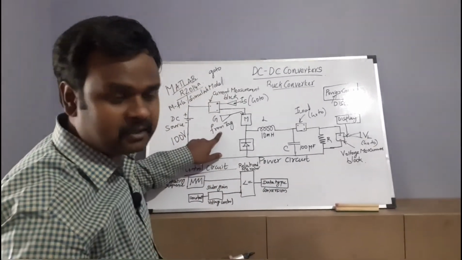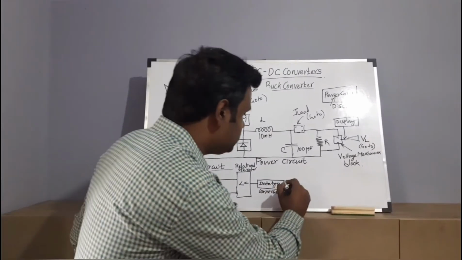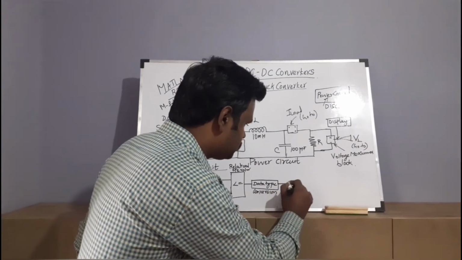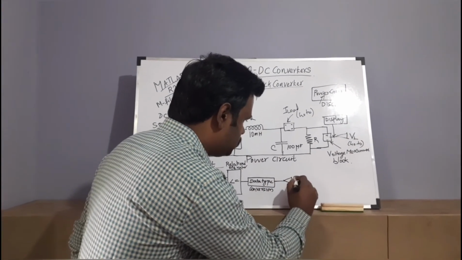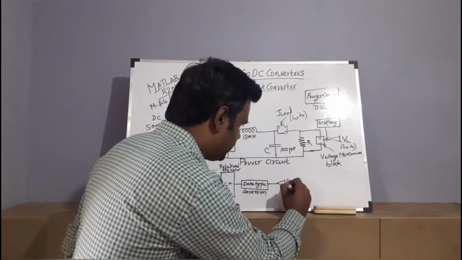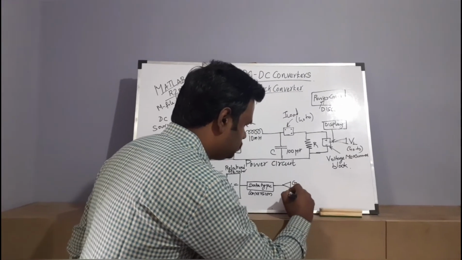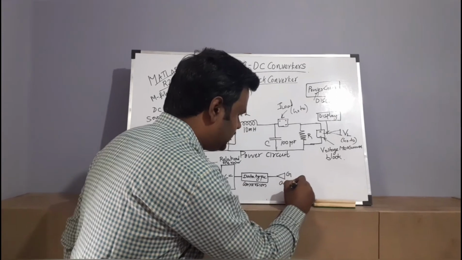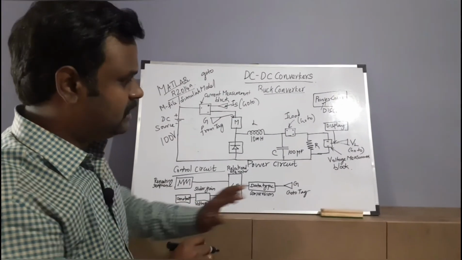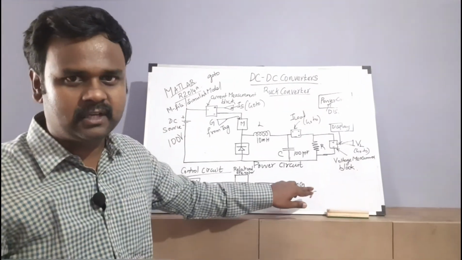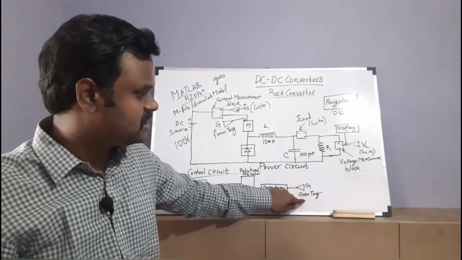Here there is a From tag, but you have to send from here, so we have to use a Goto tag here. So this is the Goto tag. Again I am renaming it as G. This is the Goto tag. Remember, the name should be the same, whatever you are putting here, that means you are mentioning here.